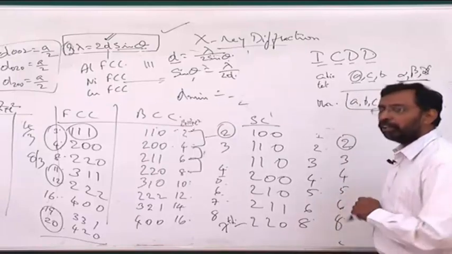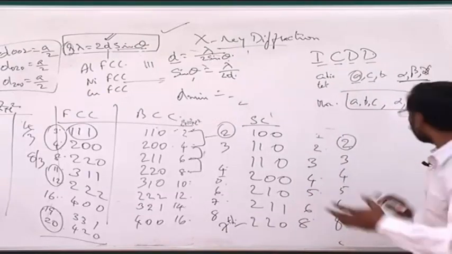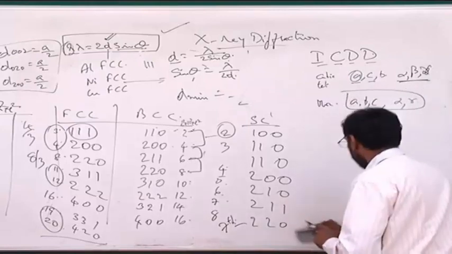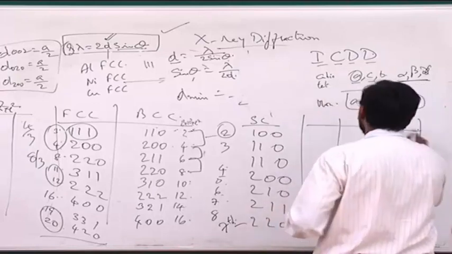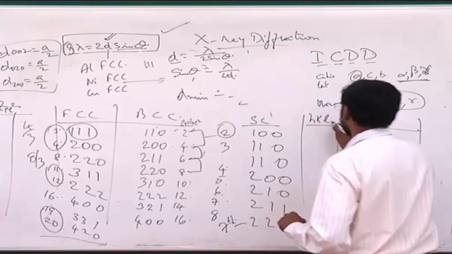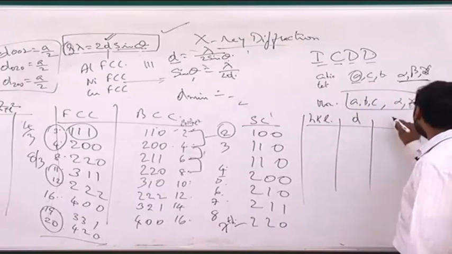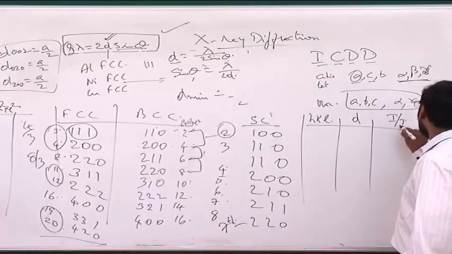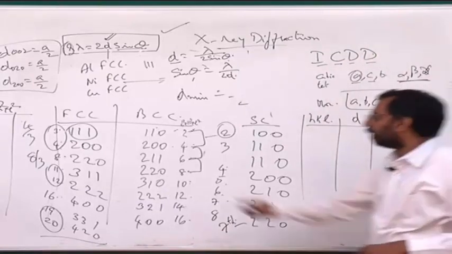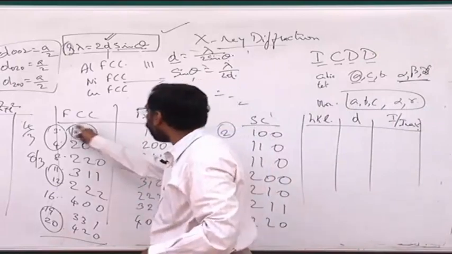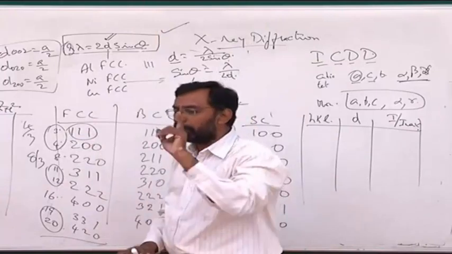So people calculate all this and give in a standard handbook what are all the lattice parameters, and from that they will also give you three columns usually seen in such handbooks. One is the HKL. What is the D spacing corresponding to the HKL? And what is the intensity by the Imax? Out of all these HKLs, one of them will have the highest intensity. For example, I have seen that generally the smallest HKL will have the largest I, excepting in a few cases.